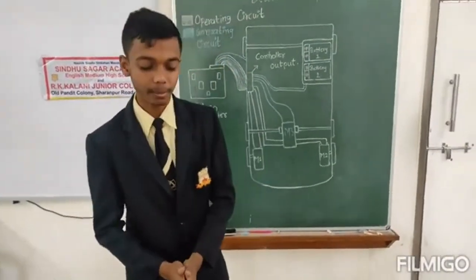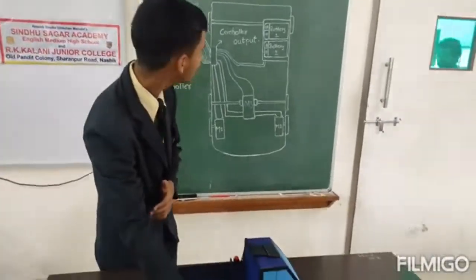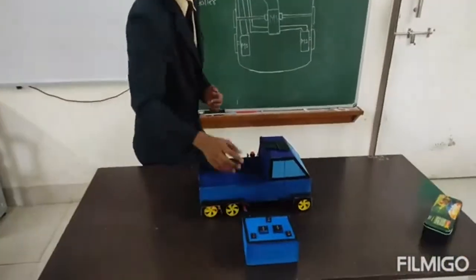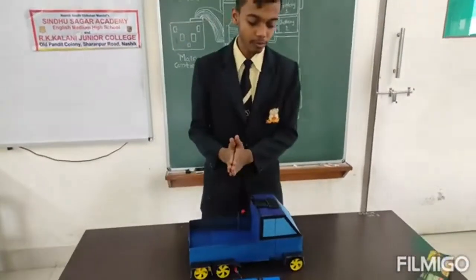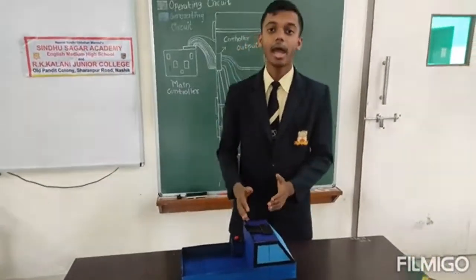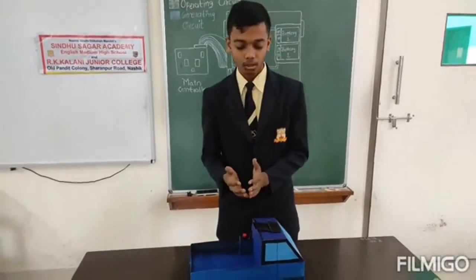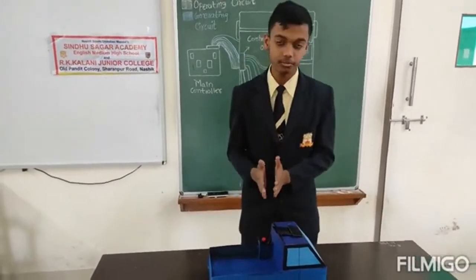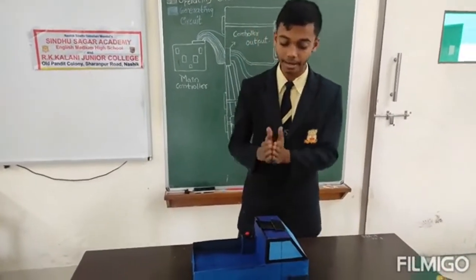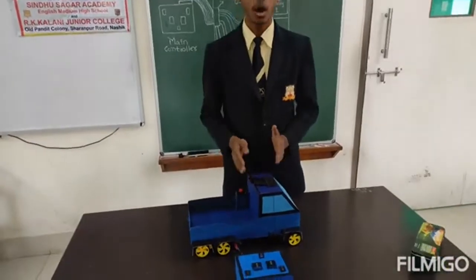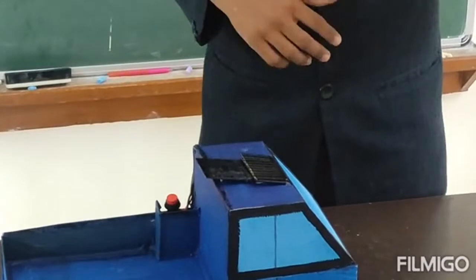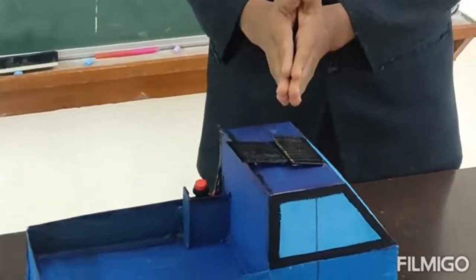As you can see here, the main controller part is here. In this diagram I show the main controller. First of all we will talk about the solar panels. As we are using this vehicle in the desert, obviously there will be strong sunlight. To convert sunlight into electricity for the batteries, we have added solar panels. As you can see on the roof of this project, we have added a pair of solar panels which will create electricity from sunlight for the batteries.